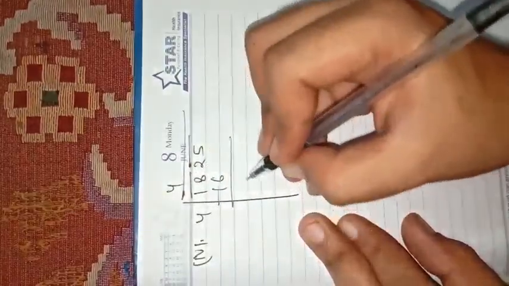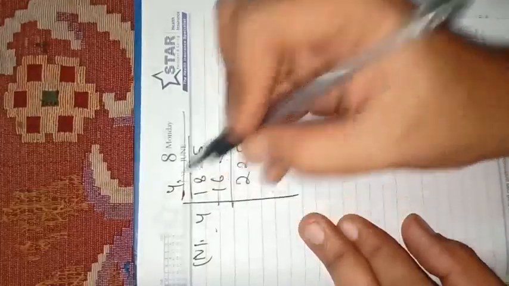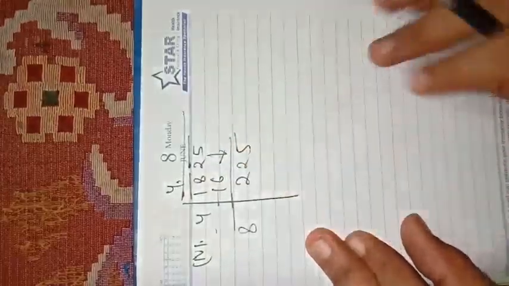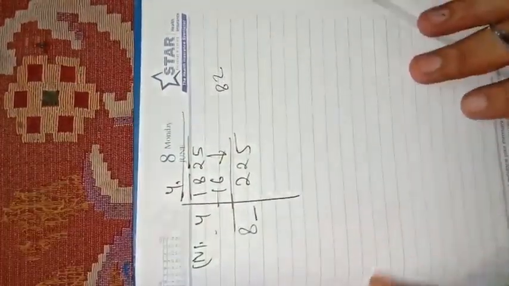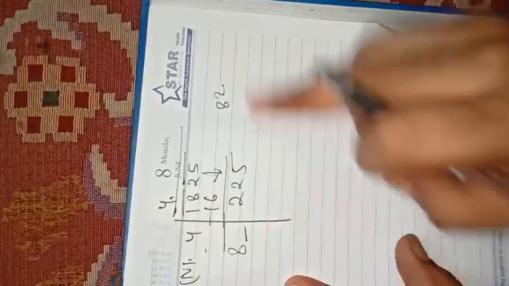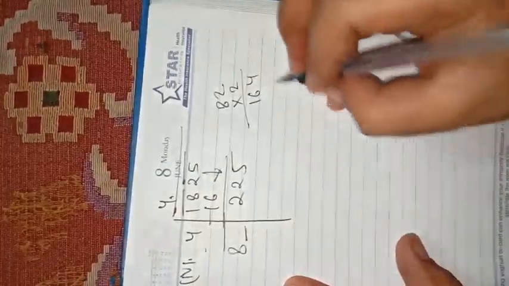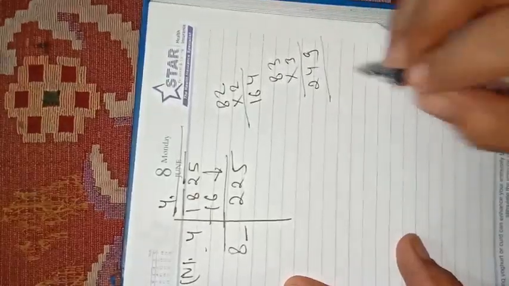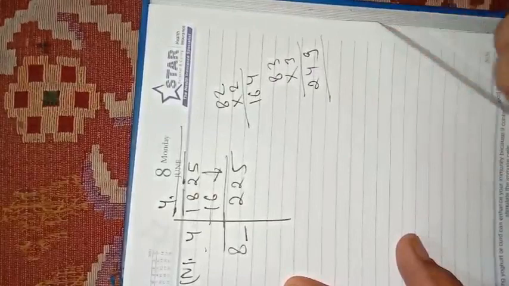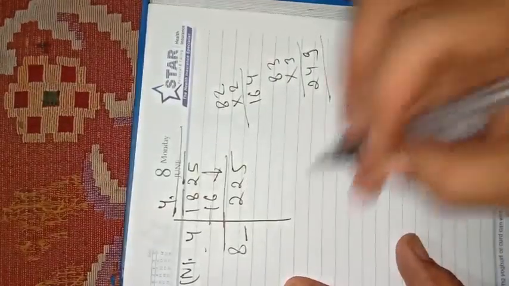Now do subtraction: 2. Then 2 5 will be brought down together. Then these two will be added: 4 plus 4 is 8. Now write a number which is just greater than 225. If we fill the blank next to 8 with 2, then 82 2s are 164. It is less than 225. 83 3s: 3 3s are 9, 3 8s are 24. Yes, of course, this is the number we wanted, as this number is just greater than this number. So we will fill it with 3.